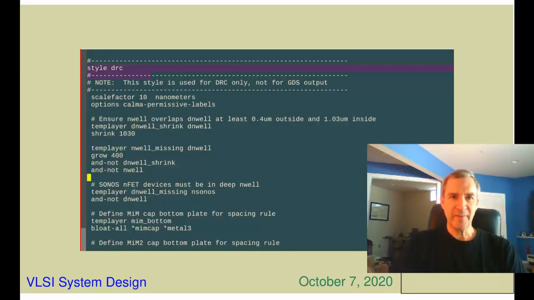So the way the CIF max width DRC rule was implemented with width equal to 0 implies that the NWEL_missing layer is what's left over if either the inside or outside dimensions of NWEL overlapping deep NWEL doesn't reach the required distance. As an aside, note that everything in the CIF output DRC style is implemented as a temp layer